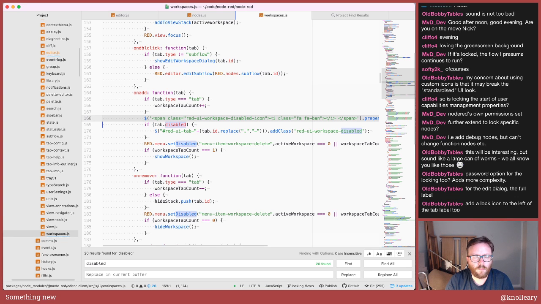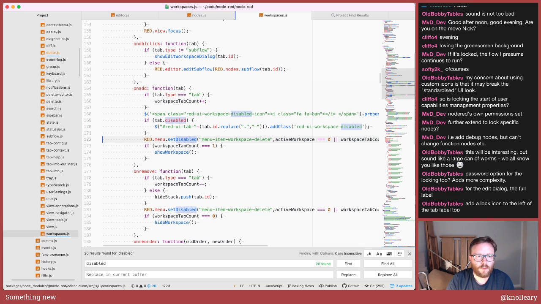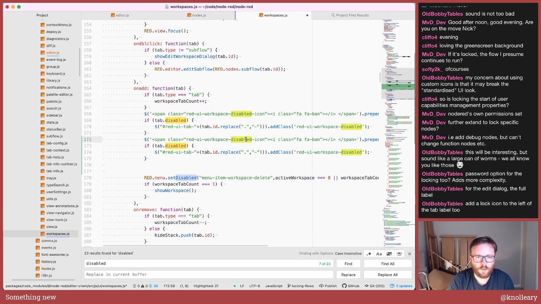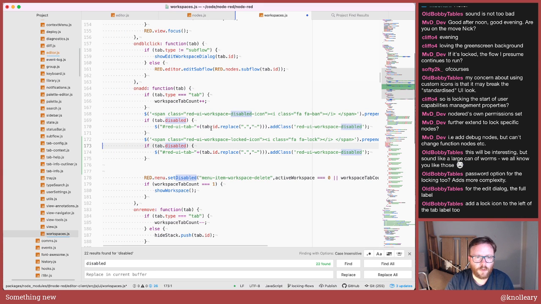So if that's good enough, then why not? We're going to call this the workspace disabled icon, but now it's the locked icon, and this is going to be a lock. And then if tab.locked,